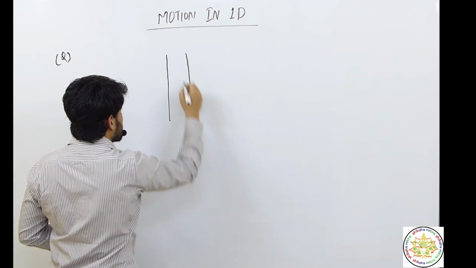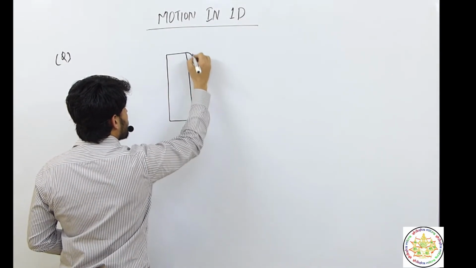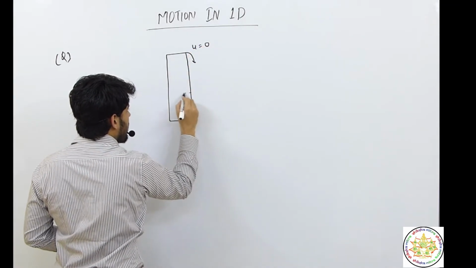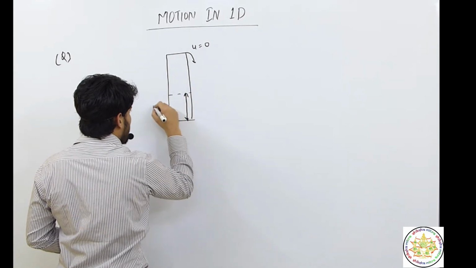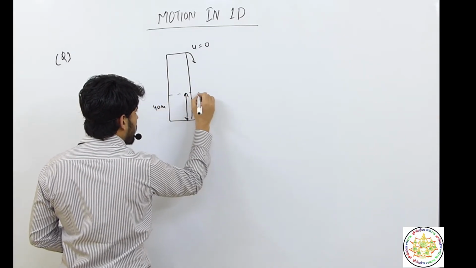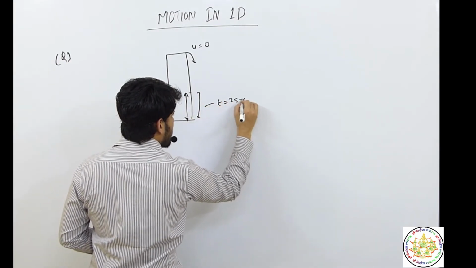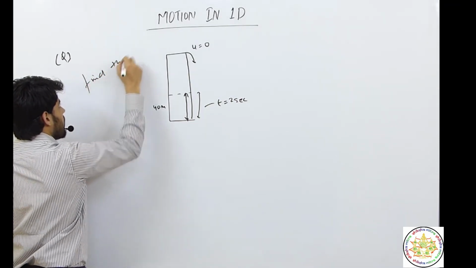This is the question. A body is dropped, okay, so u is equal to 0. It covers the last 40 meter of the building in only 2 seconds, so we have to find the total